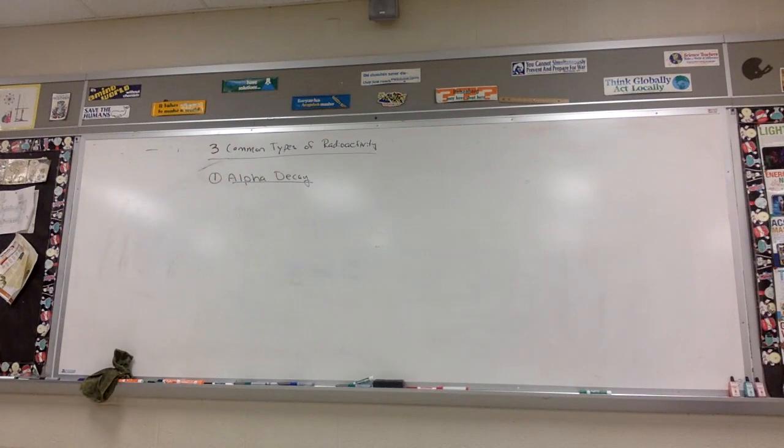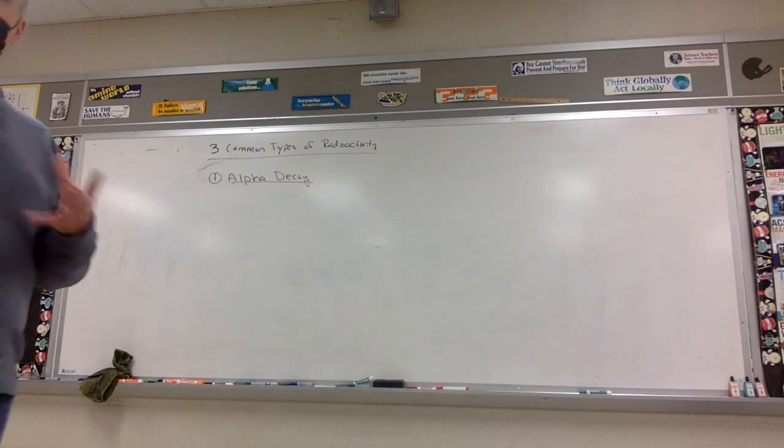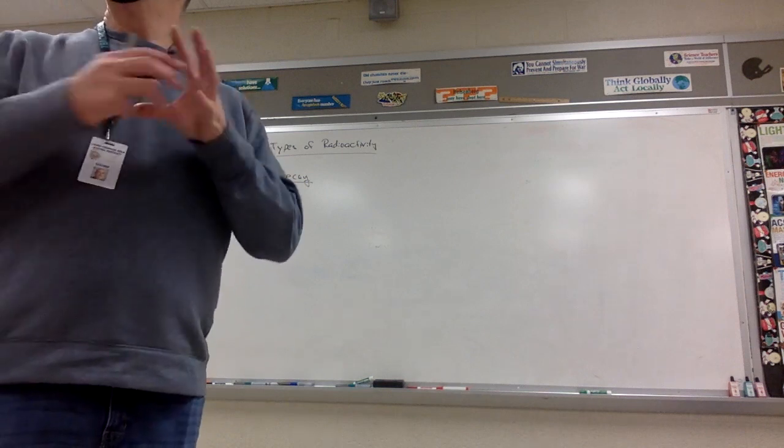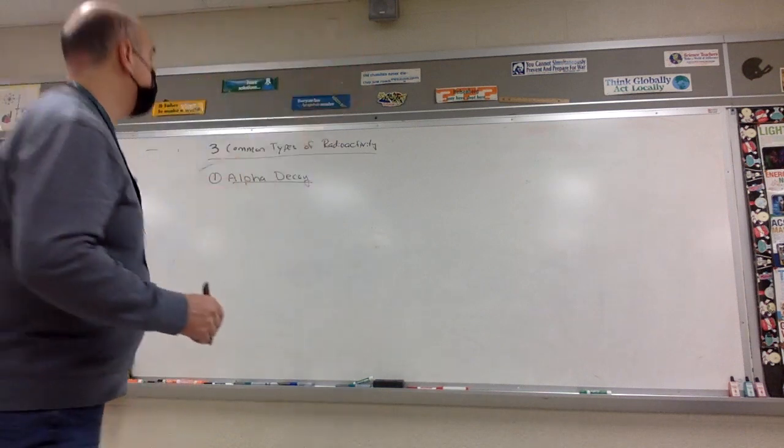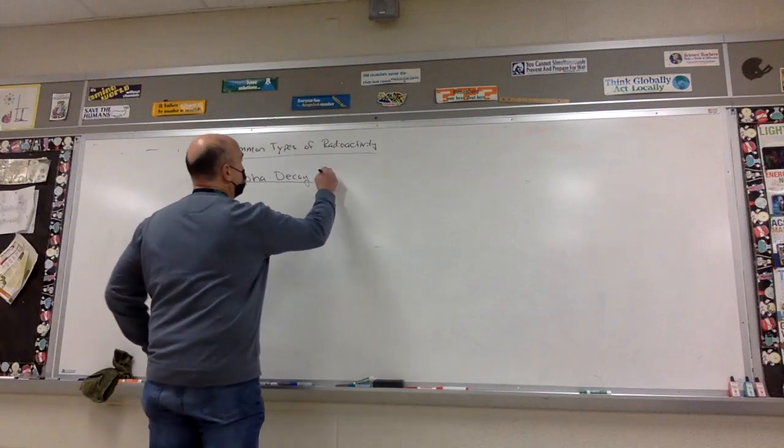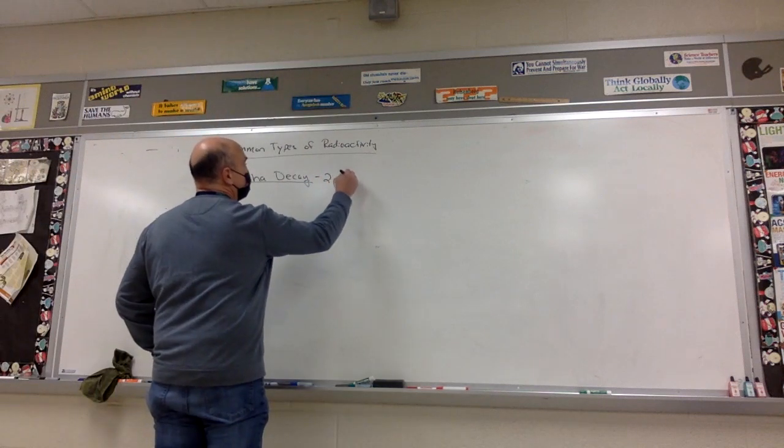So one common type of radioactivity is alpha decay. And what this means is that from the nucleus of this isotope, it'll give off 2 protons and 2 neutrons. It's equivalent to 2 protons and 2 neutrons. And this we already talked about